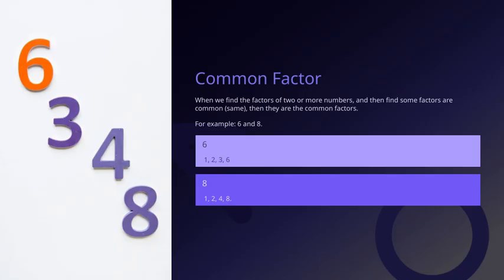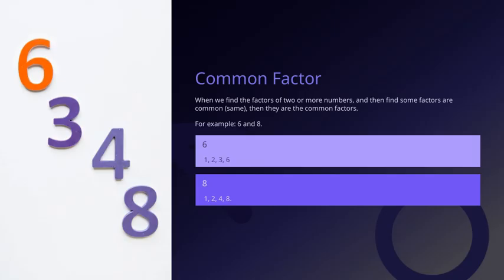Now, the key part is identifying which of those factors are shared between the numbers. That's what we call common factors. For example, if we take the numbers 6 and 8, we list out their factors. For 6, the factors are 1, 2, 3, and 6. For 8, the factors are 1, 2, 4, and 8. Notice how the common factors are the numbers that appear in both lists, which in this case are 1 and